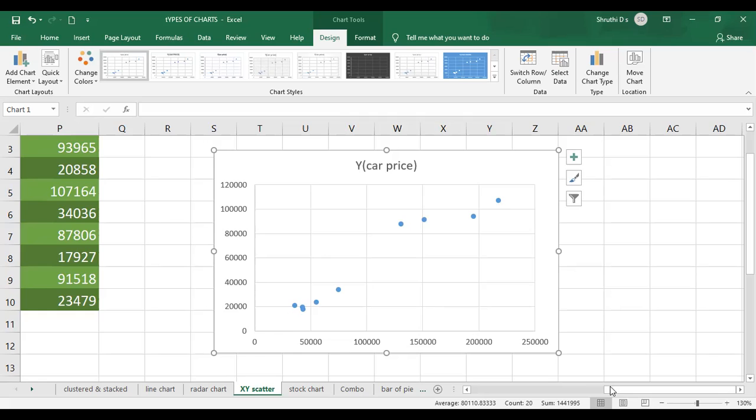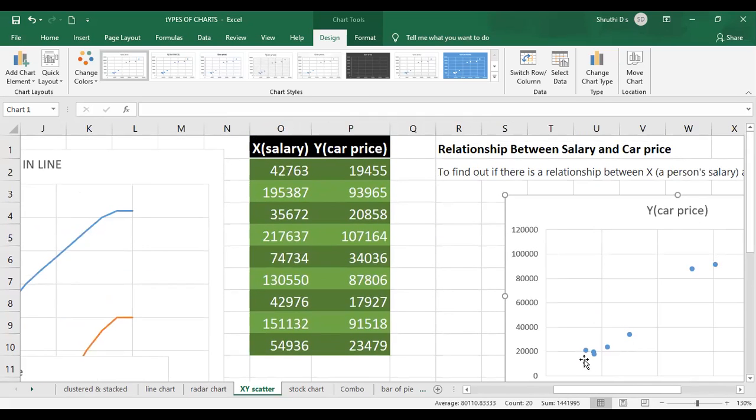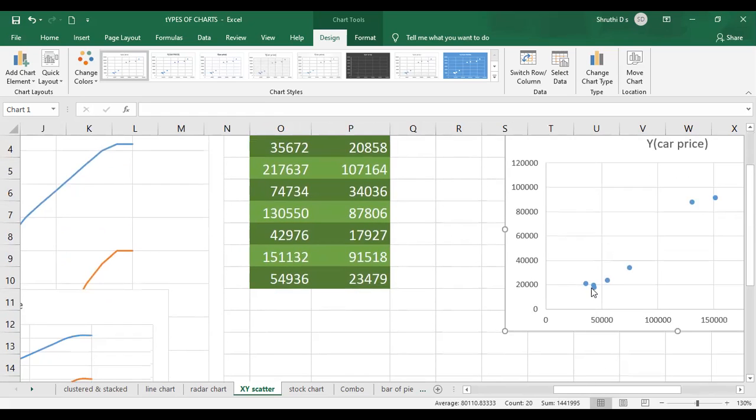See, what is the value of this one? It is the first point, if I give here, the car price is 35,672 and the salary 20,858, right? So that is pointed over here because on the x-axis, here it is 50,000, and 35,000 falls between these two, so it will appear here.